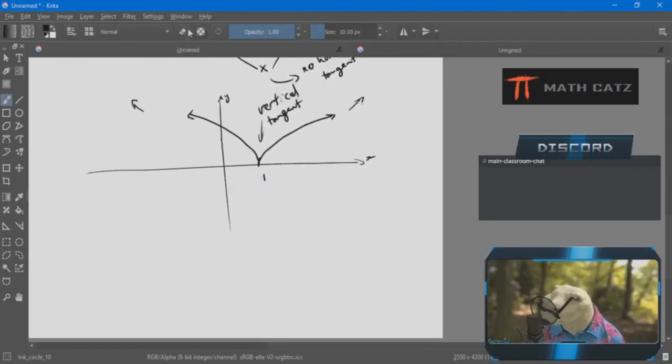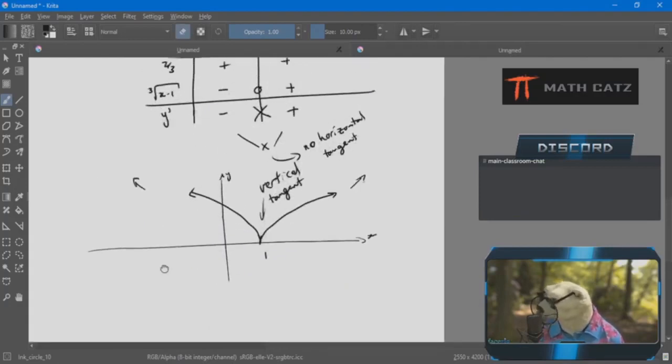I got a little excited about the graph. I'm sorry. We should write our sentences. Let's at least see the table here. Okay, so I can say here y, whoops, not eraser mode. You should always write your sentences. Y is increasing on